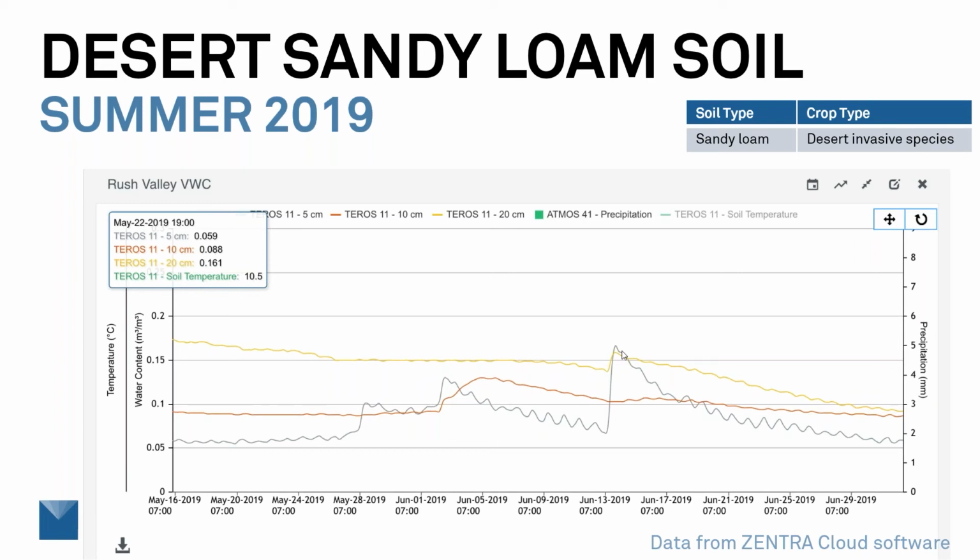Well, of course, the upper regions of the soil, the upper volume of the soil, is taking up water. That's one reason. And it simply takes time for that water to fill that region and allow some flow, especially when the soil is very dry, to reach the lower levels. And again, we have a really high evaporative demand there, which is taking up much of the water that falls on the surface, and it doesn't make it down there. Interestingly enough, we have a precipitation event here that wets the 5 centimeter. It wets the 20 centimeter a little bit, but the 10 centimeter only goes up slightly. Well, why does that happen? It's a little bit confusing.